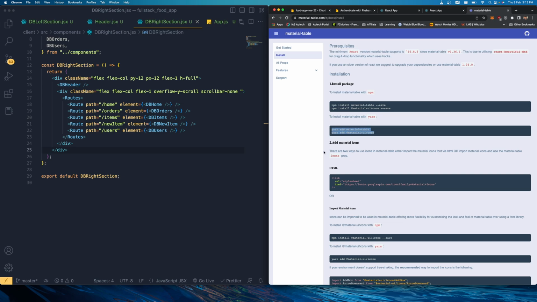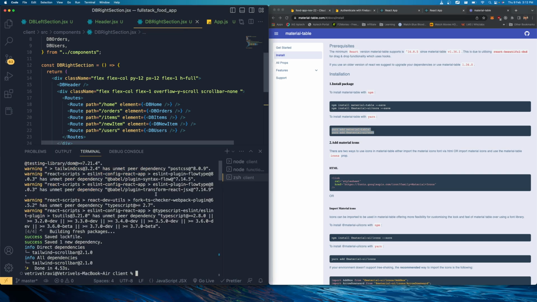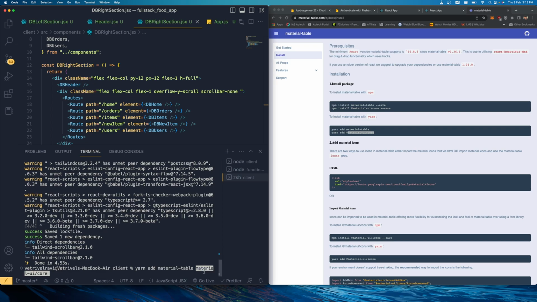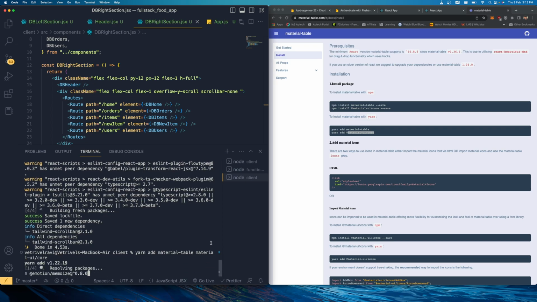So let me copy this, and let's go to our terminal, and over here we need to install one by one. Let's copy this, paste it, then right after that give a space and copy this, add material UI core, copy it, and paste it. So enter. Once it's installed,